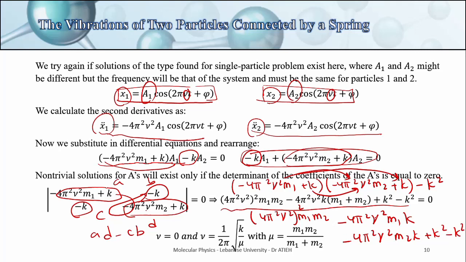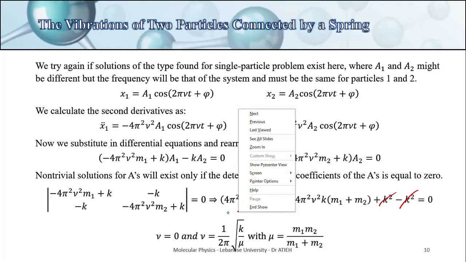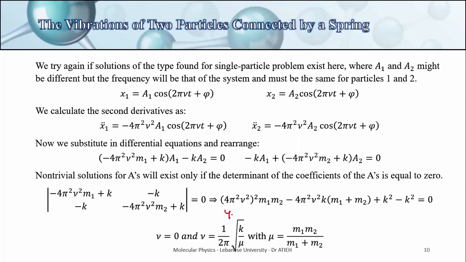So you can see that we have arrived at the same equation as here, but here he took m1 plus m2 common, so we arrived at the same equation. K squared minus k squared cancelled, so we are left with an easy equation. Let me erase ink. So now these two are cancelled, and now it's easily solved. Let's take 4 pi squared nu squared common. So we are left with 4 pi squared nu squared